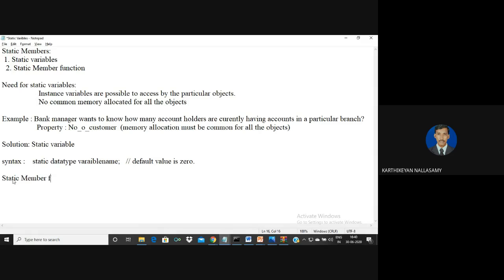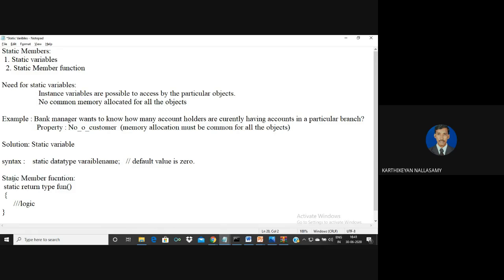For a static member function, we declare the keyword static, then the return type, then the function name. If you want, you can define any arguments, and we define the logic of the static method.